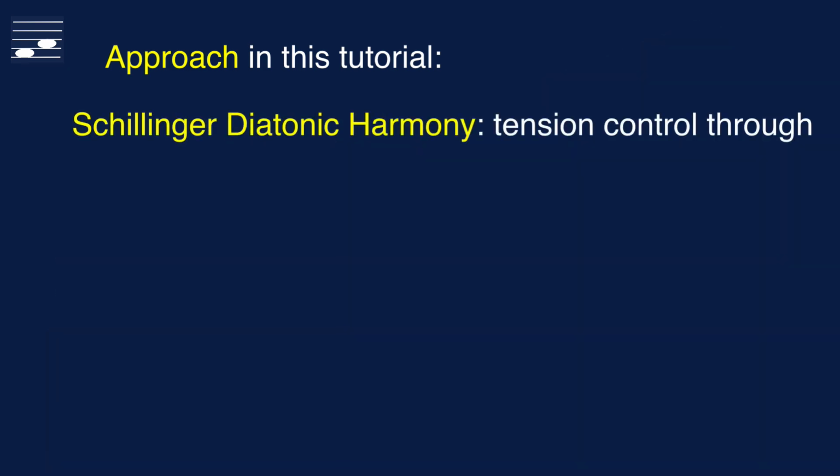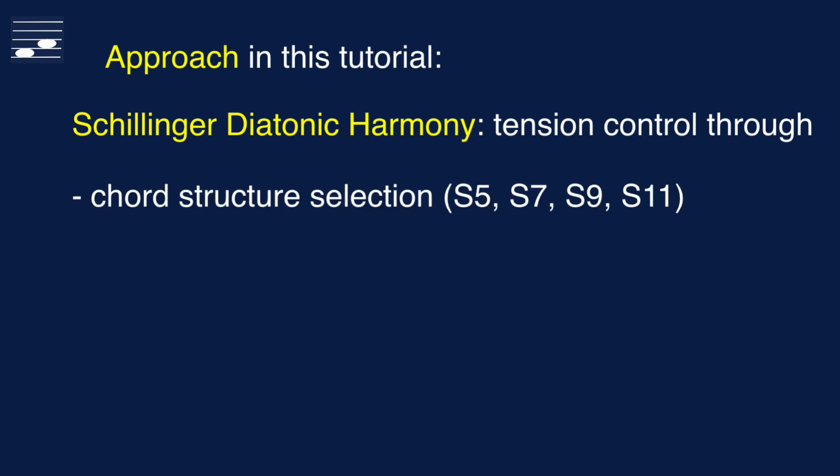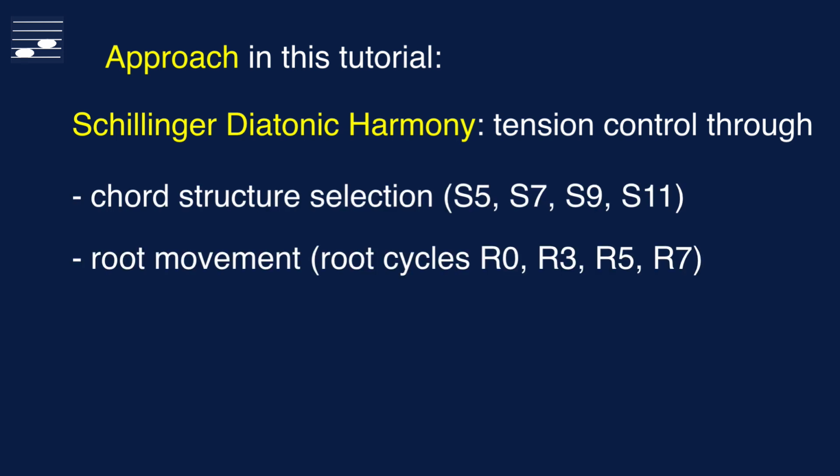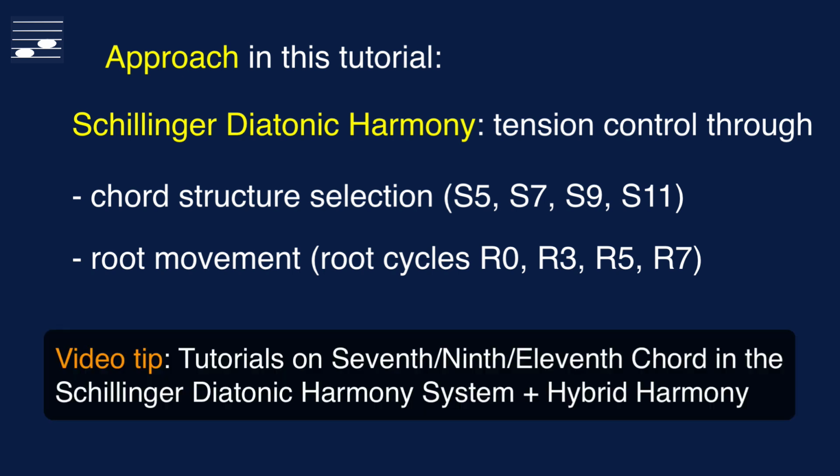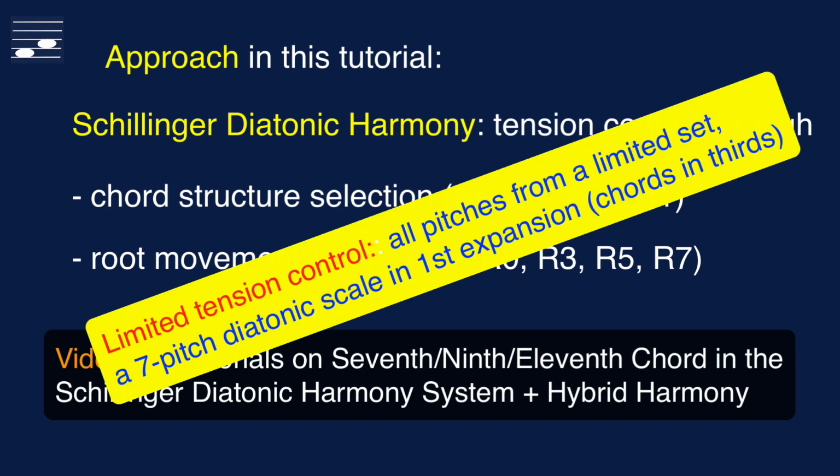In the Schillinger diatonic harmony system, both chord structure and root movement are based on the first expansion of a 7-pitch diatonic scale. This yields chords in thirds, and we may vary the harmonic tension by selecting appropriate chords from the collection of triads and dissonant 7th, 9th and 11th chords, and by playing with the distribution of either positive or negative root cycles. In the strict diatonic system there is rather limited tension control, and the music idiom is